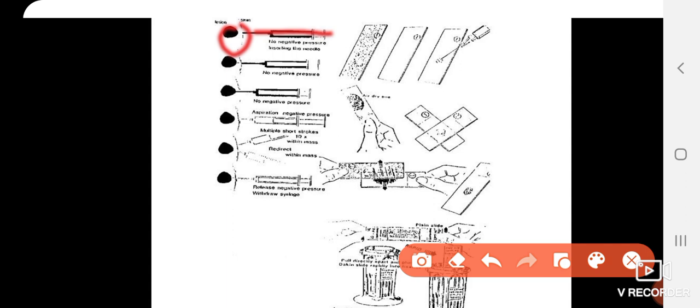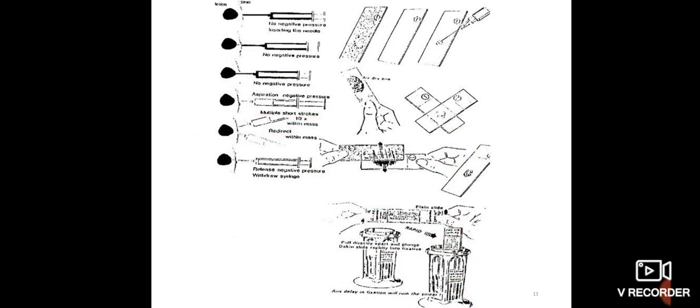Once it is inserted into the swelling, we apply a negative pressure. The plunger has been pulled outside, so a negative pressure is applied. Then the needle is moved in a to and fro motion around 10 to 15 times, and after that the needle is removed. Once the needle is removed, whatever material we got in the needle or the hub is expressed on the slide. Another slide is taken, it is pressed over the first slide, and we make a smear by putting the two slides against each other. So this is how our smear is prepared. Now depending upon what fixative you are going to use, it could be dry fixed or it could be wet fixed.